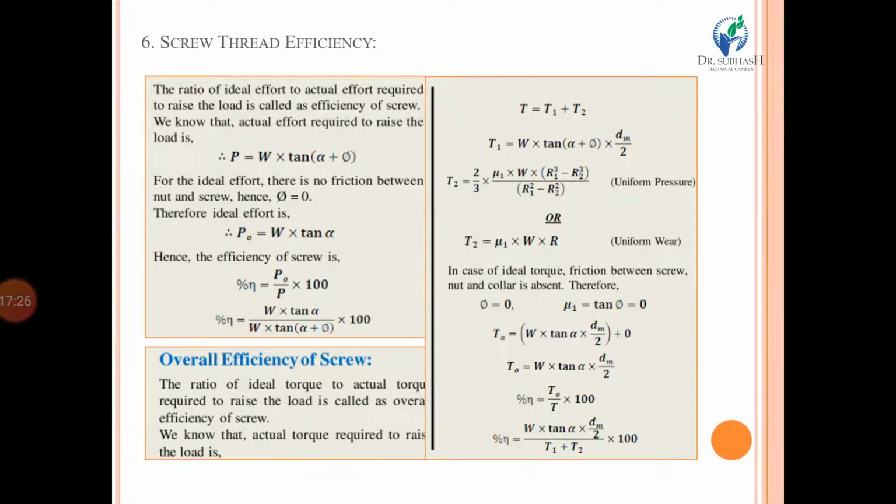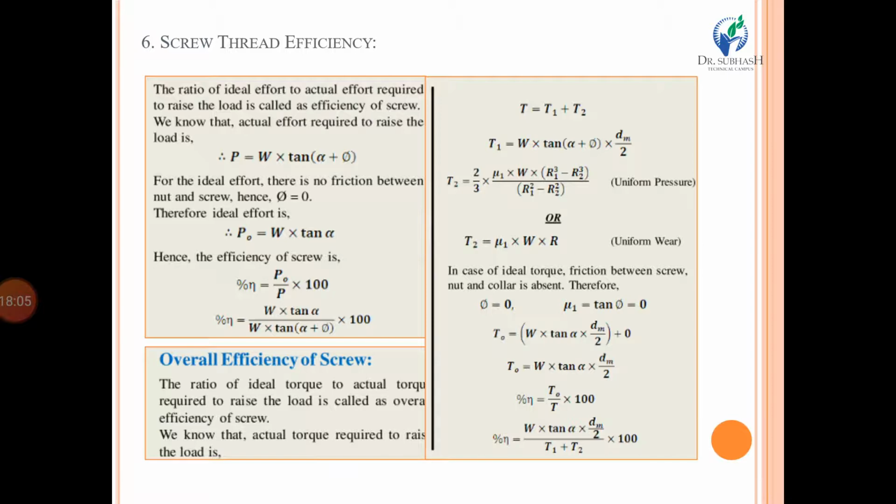Then, after that, efficiency. There are basically two types of efficiency. One is the screw thread efficiency itself and the other is the overall efficiency. Suppose we are talking about the screw thread efficiency, then it is the simple ratio of the effort without friction to the effort required with friction. We have already derived that P is equal to W tan of alpha plus phi. In that equation you find there is a frictional angle phi, so of course it is the actual force required, including friction. So by taking the ratio of both equations, you get the ultimate equation: W tan alpha upon W tan of alpha plus phi.